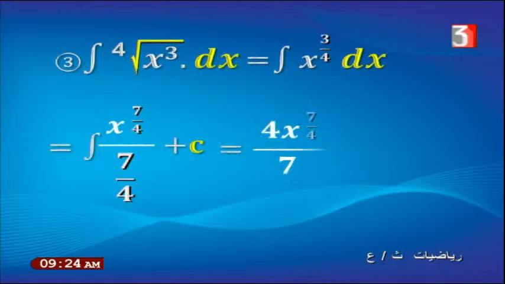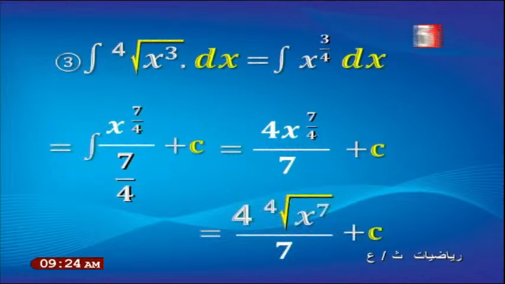Then the integration equals 4x to the power 7 over 4 over 7 plus c, and we can write this result as a root, like 4, the fourth root of x power 7 over 7 plus the constant c. Number 4, integration 1 over x power 6 dx equals